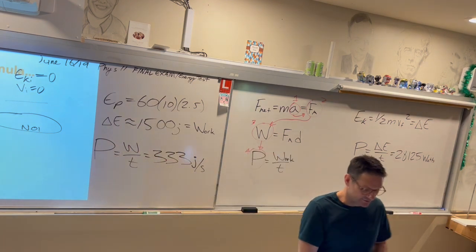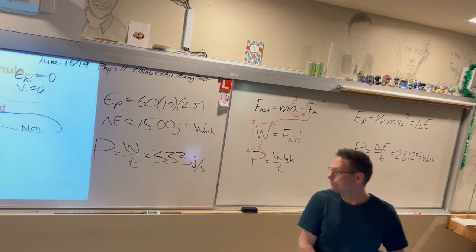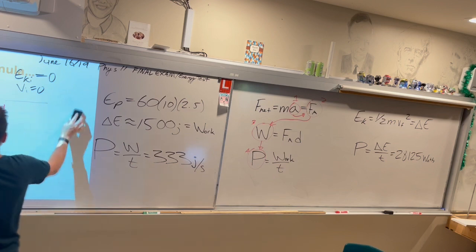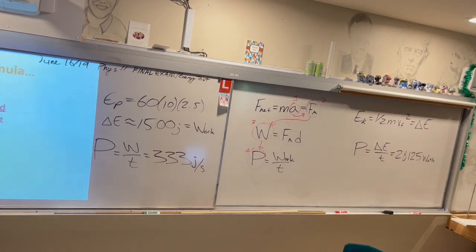Okay, so let's look at this. I did this too small, apparently. If power is work over time, can you see this? I'll try to do it bigger. If power is work over time, work is force times distance, right? Maybe we might say force applied times distance over time. See anything interesting in there? Not distance. That's A. Okay. What's this?